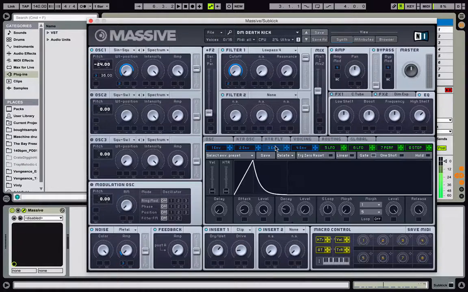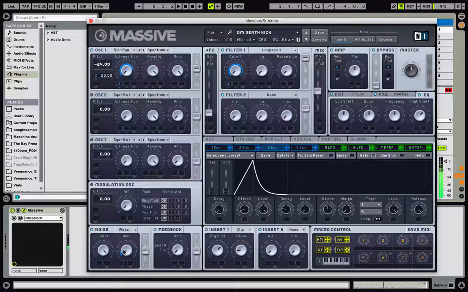Now, what gives this kick its character basically is this envelope, which is pitching it up 36 semitones, 3 octaves, and then coming down very quickly. It gives it kind of an impact sound, like when you're hitting, in this instance, a kick drum. And without that envelope, this is what it sounds like. And then with,